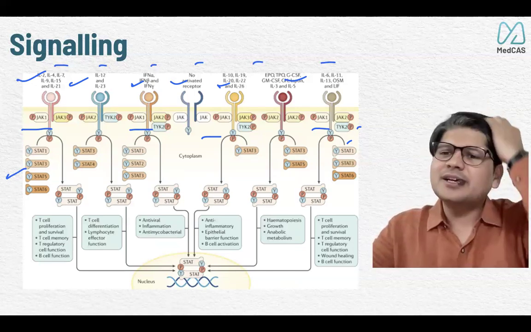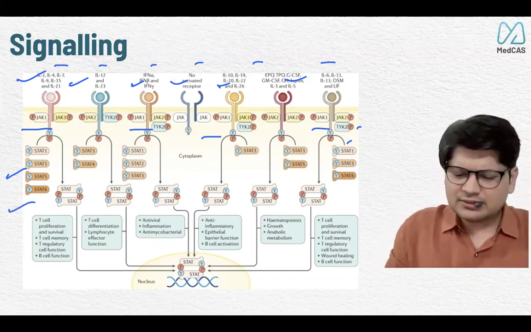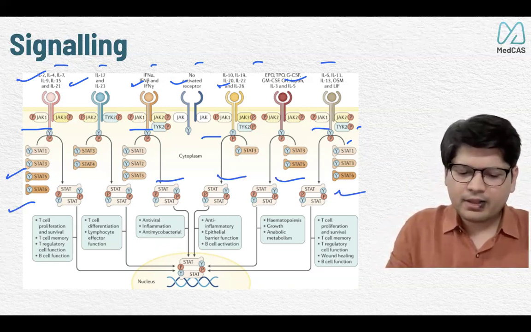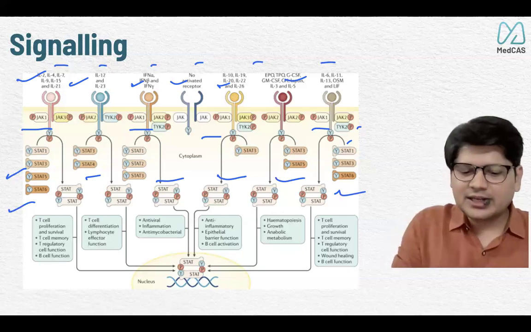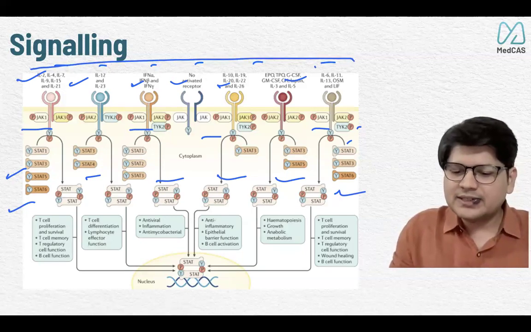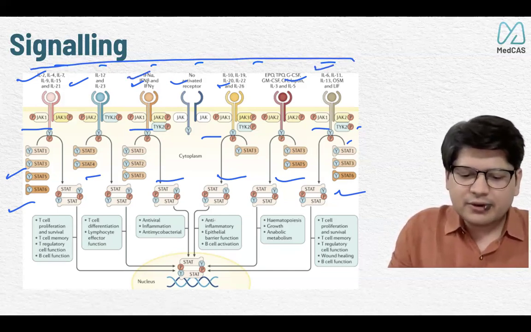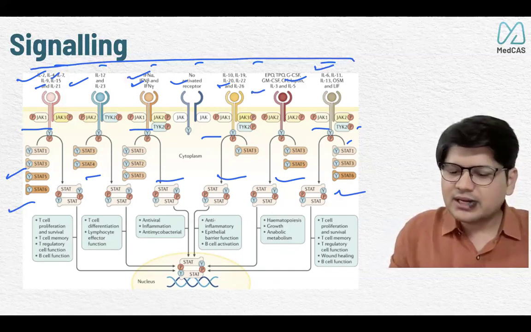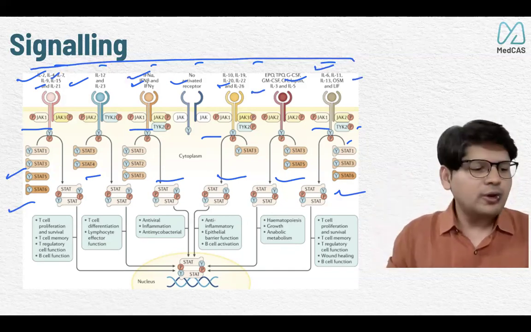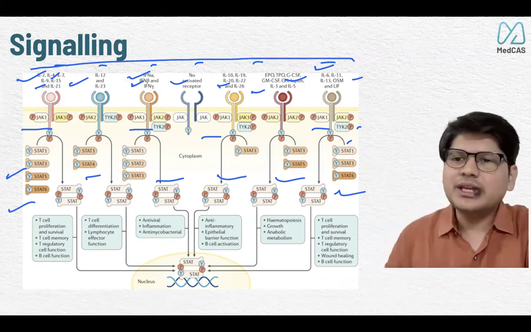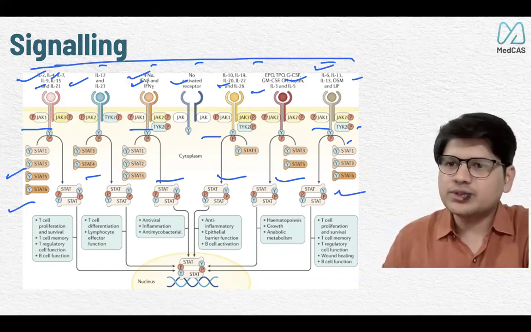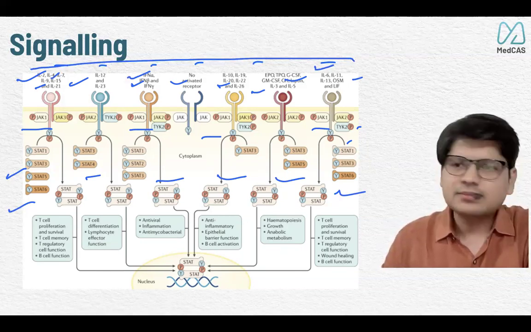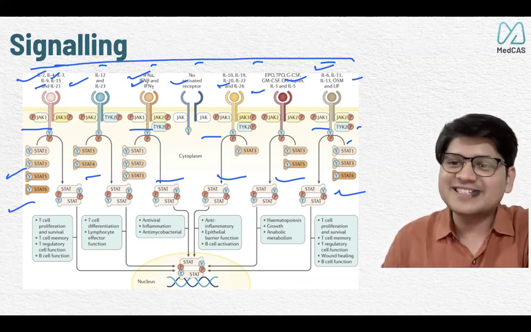Do you know any other drug which can work on multiple pathways like this? JAK inhibitor has this beauty: it can target multiple cytokines together. IL-6 is also targeted. Interferon is also targeted. IL-4 is targeted. IL-9 is targeted. TNF is targeted. Everything is targeted together. Do you know any other drug which can actually do this massive inhibition like this? We all have used that drug. Any guess? Steroids. Okay, steroid does that.